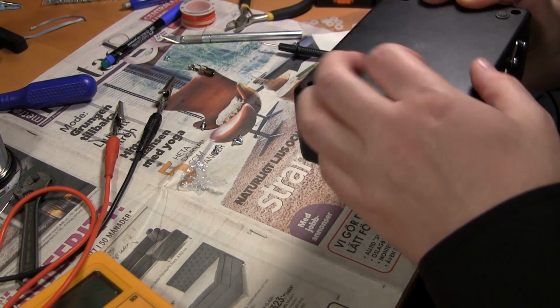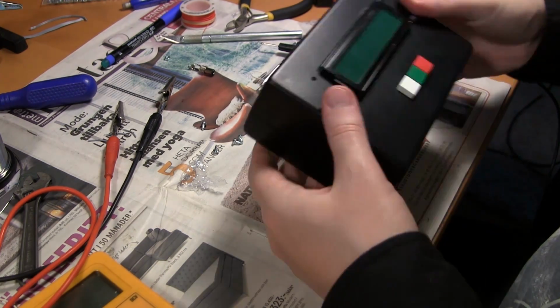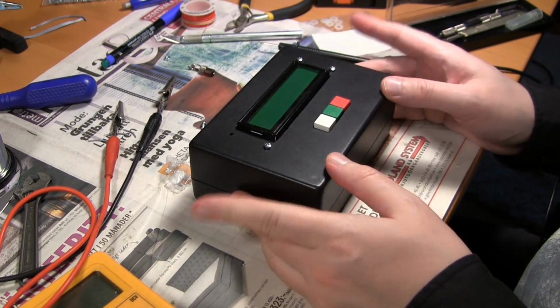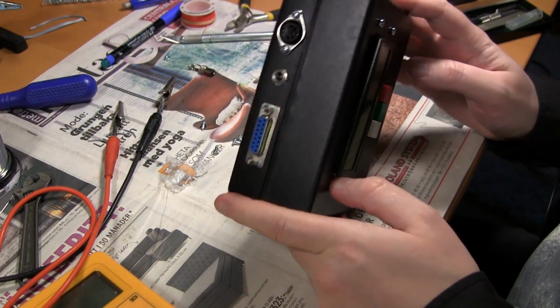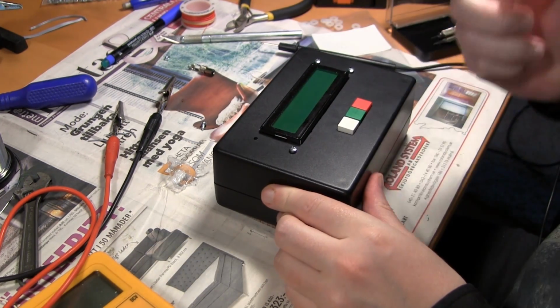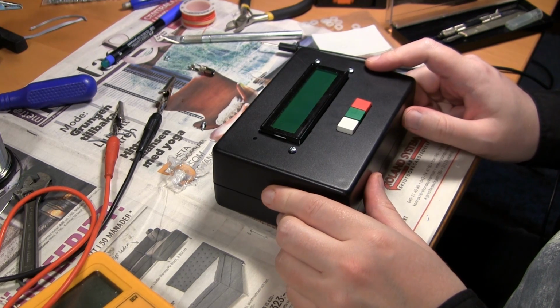And that's basically the controller box done. Nothing more to do with it. But as you will see later, I will open it again to see what's inside and how I have connected stuff. So, controller is finished,